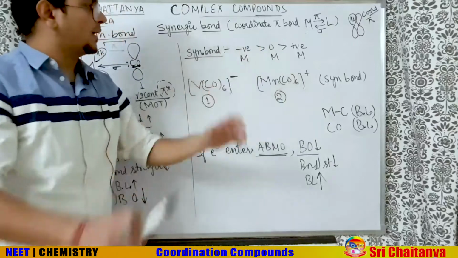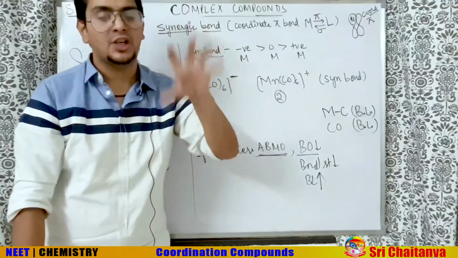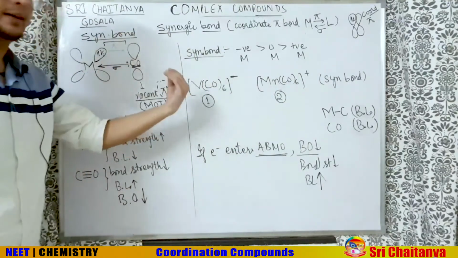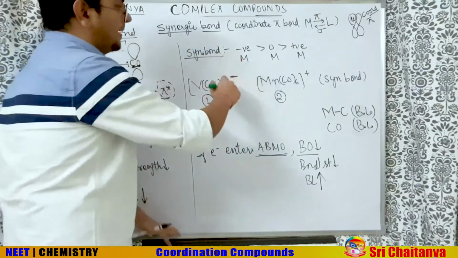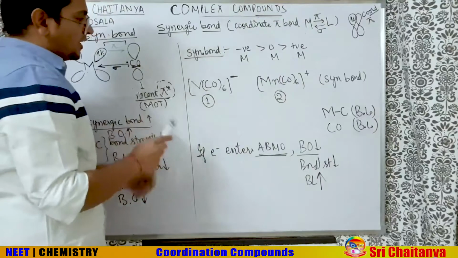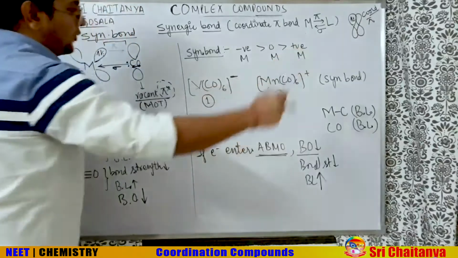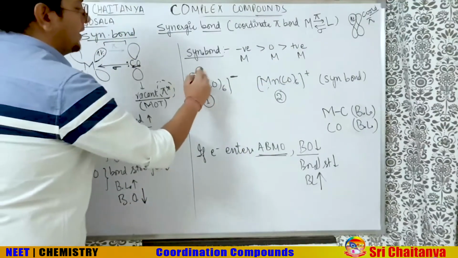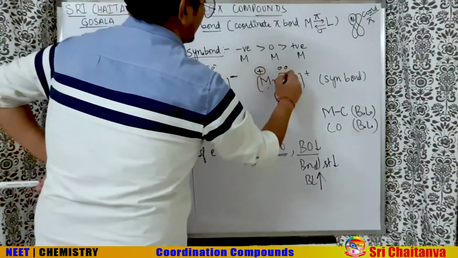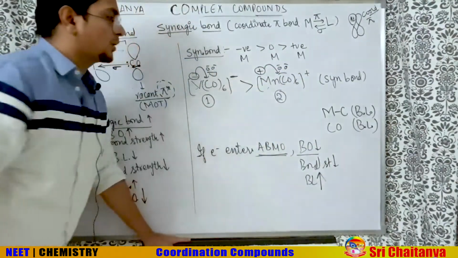If it is neutral, okay. If the metal has a positive charge, rather than giving, it will prefer taking the electron. So it will be a poor donor, it will not be a good donor. So if the metal is not donating electron happily to the ligand, to CO, what will happen? Synergic bonding will decrease. So as there is a negative charge on the metal, more synergic bonding. Use that logic here. Vanadium has a negative charge because CO is neutral. Mn has a positive charge because CO is again neutral. So if vanadium is negative, it will donate the electron very happily. And if manganese is positive, it will donate the electron comparatively less happily. So where is synergic bonding more? 1 is more than 2.